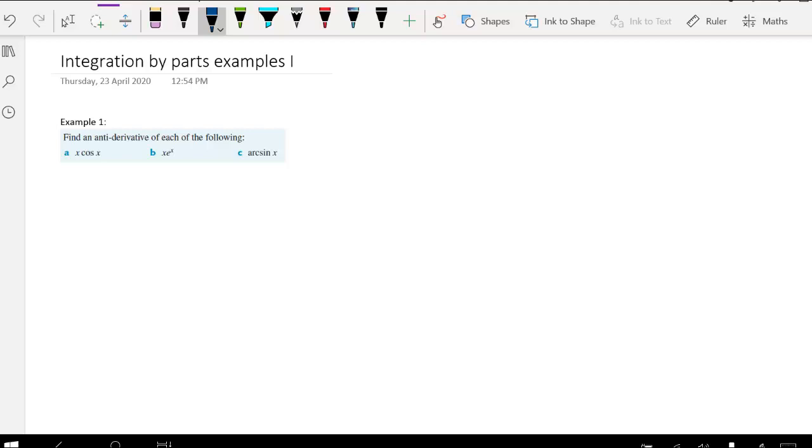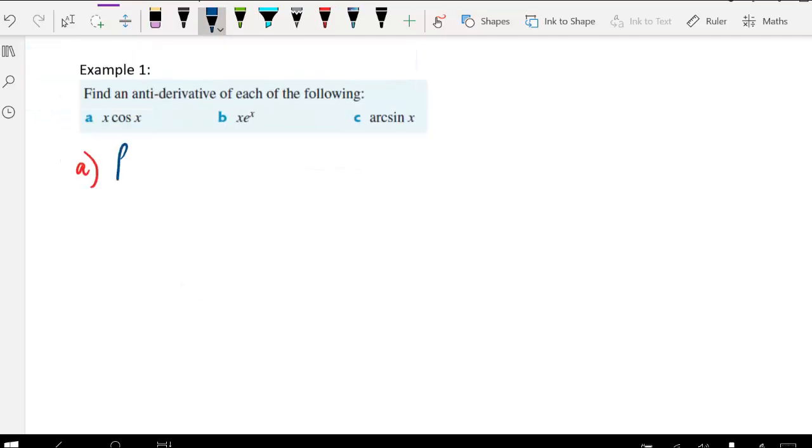In this lesson, we're looking at working through some examples using integration by parts as a process. So we'll start with the first example. We're looking at the integral of x cos x dx. Now if we use LIPET, there's no logs, there's no inverse trig. The x represents a polynomial, so that means that we can let u equal x, and therefore dv/dx will